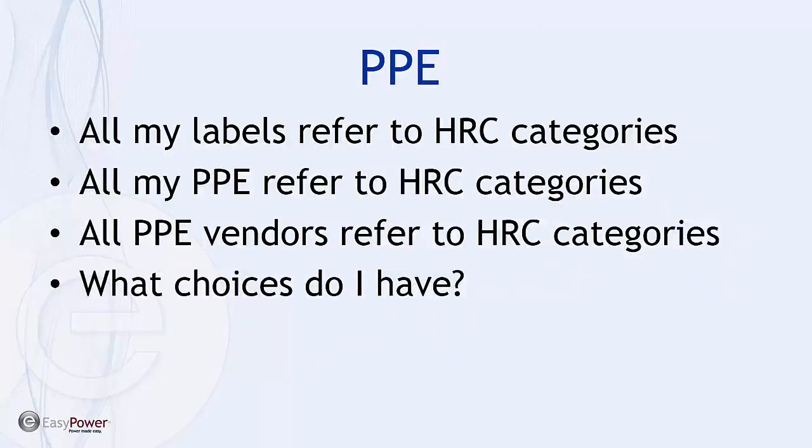So when it comes to PPE, all my labels refer to HRC categories. All my PPE refers to HRC categories. All PPE vendors refer to HRC categories. What training do I have? And this is a common stance for a lot of companies that have been doing their best to keep up with the changing conditions of NFPA 70E. Frankly, in my opinion, this is the point in the discussion about labels and PPE where the rubber meets the road